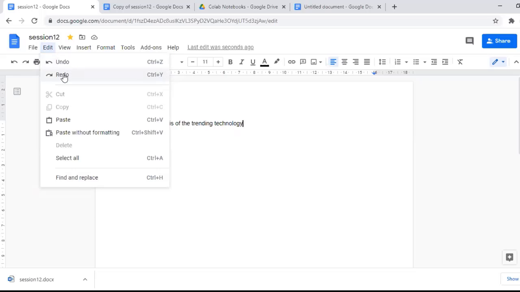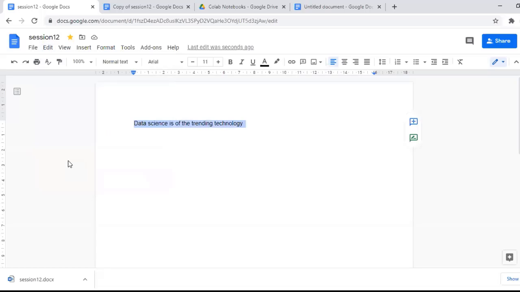And copy, paste, as you know, for copying, pasting, and cutting. These are all the basic operations used by the basic user. And if you want to select all, you can click on select all so that it selects everything.